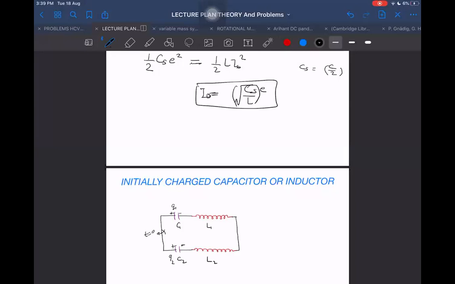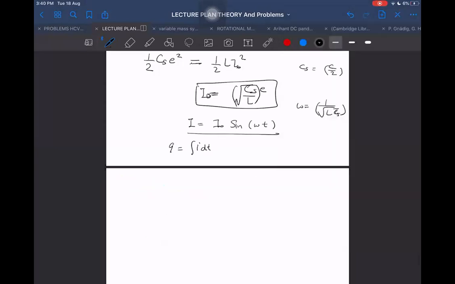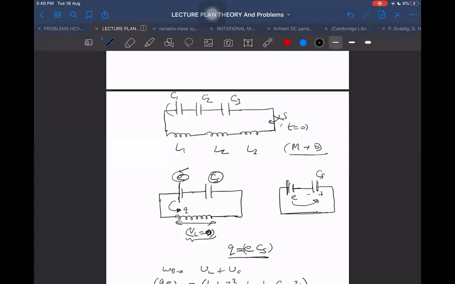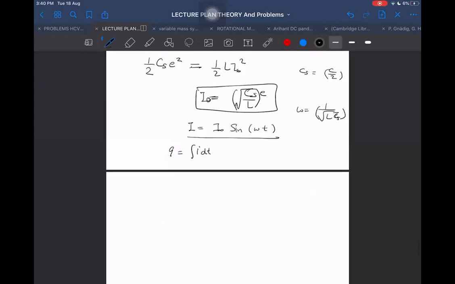When that current is known, then I is equal to I naught into sine omega t. Omega you also know already: omega is equal to 1 upon root of L CS. Once we know this I, the charge flowing we get as before, by integrating I into dt, and then we get some integration constant. How to get that integration constant? By putting initial conditions. So the case of multiple capacitors and multiple inductors is as easy as the case of a single capacitor and a single inductor. Understood?